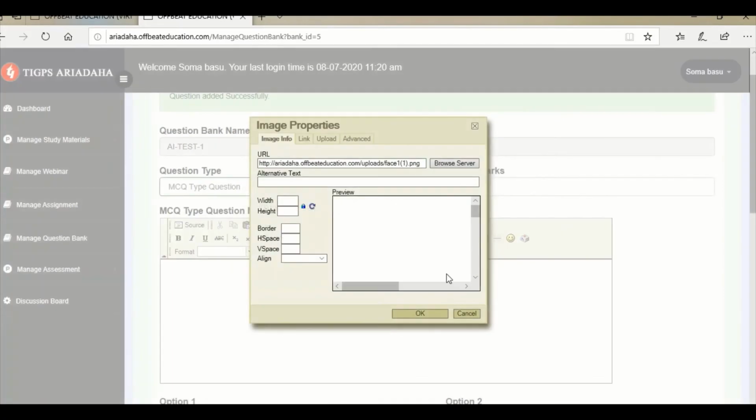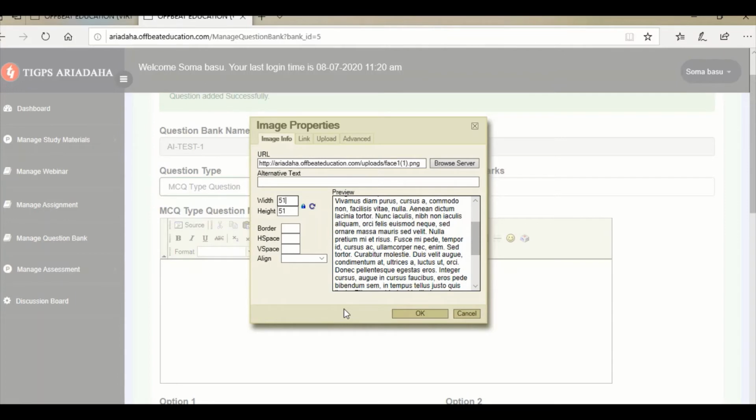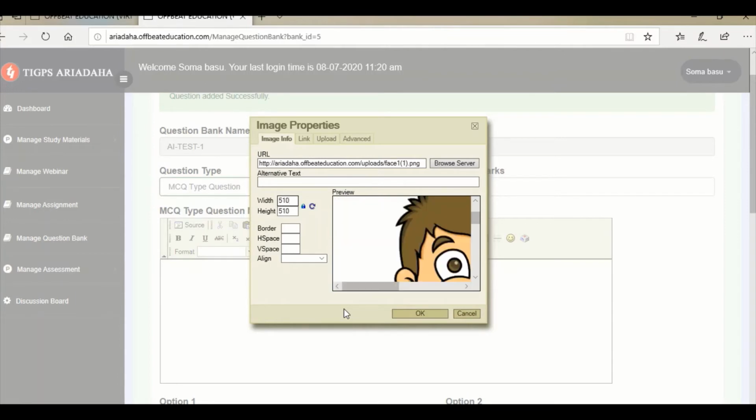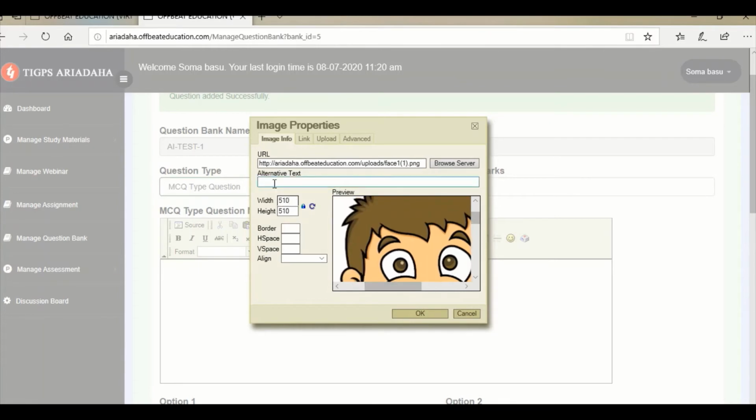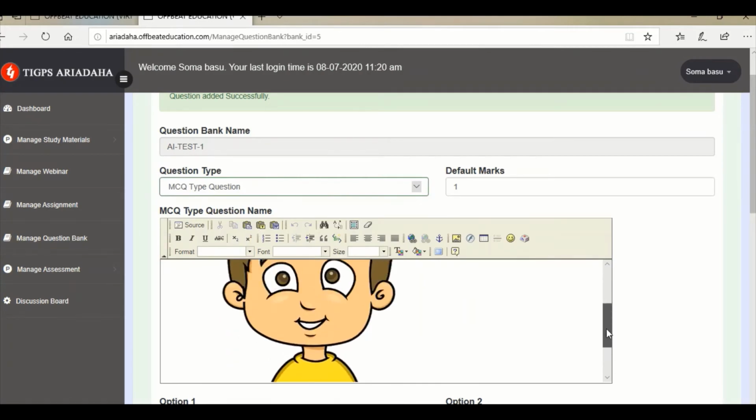Okay. So your picture will be shown like this. You can change the height and width. Okay, so your picture came here.